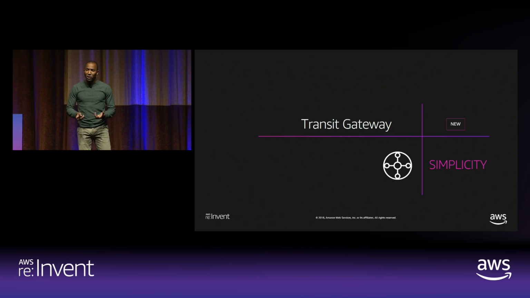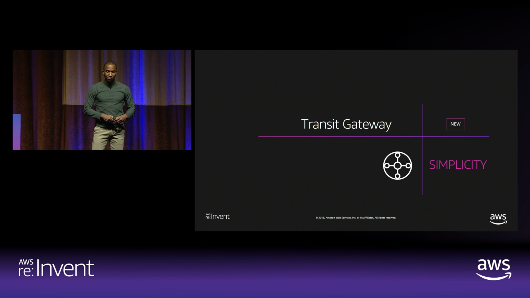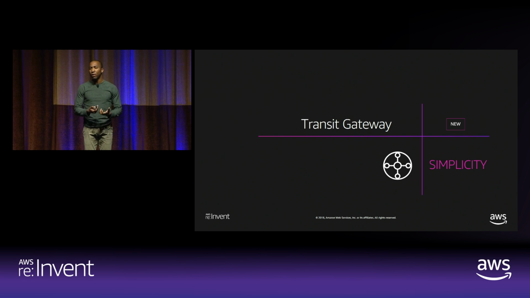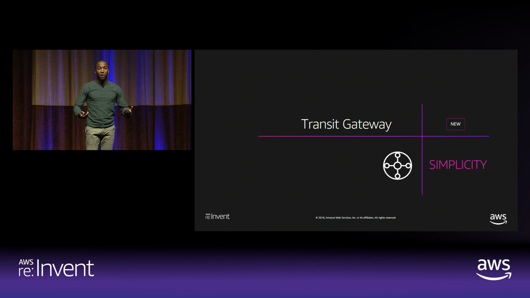Not only that, but you can define environments or Transit Gateway definitions that allow you to communicate amongst VPCs and also on premises. So the Transit Gateway becomes that single point of communication for you. No longer do you need VPC peered connections in order to talk amongst VPCs. That limitation is gone.